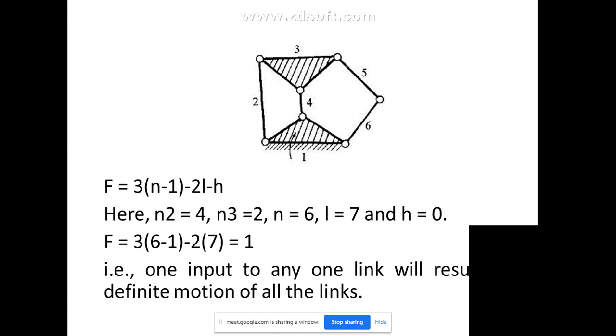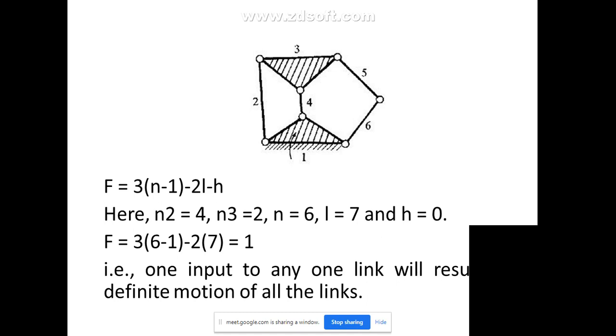Some students will do fast, some students will do slow. I can't directly go fast. I will go very slow. First you understand the problem because this is very important. The problems will be asked in the exam with this type of calculation of degree of freedom. The figure will be given in the exam. You have to calculate the number of links, then calculate the degree of freedom. So first learn the basic things. Then I will tell other higher problems also. I will solve a number of problems, so don't worry. It looks simple. If I directly go to complex things, you will not understand. So first understand the basic things.